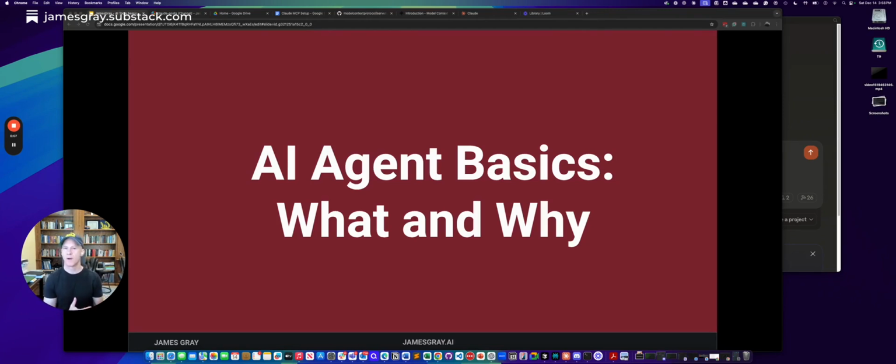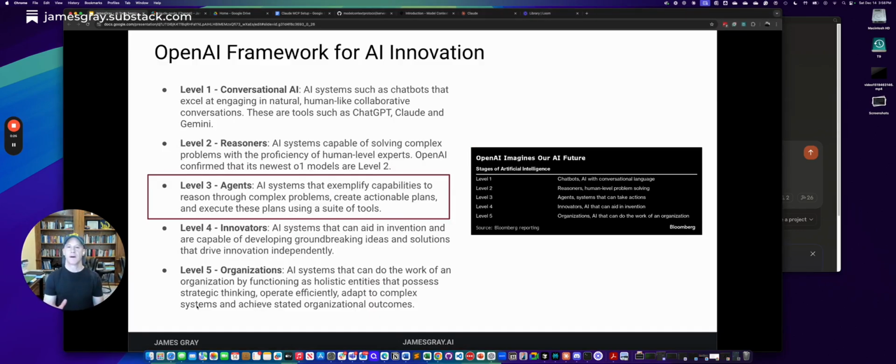What are they and why are they important? You've probably heard it in the news. I'm going to demystify that for you. If you're a business person who's not technical, no worries. I'm going to take you through some of the easy things you can do to enable an agent experience on your desktop. So let's first understand what exactly agents are.